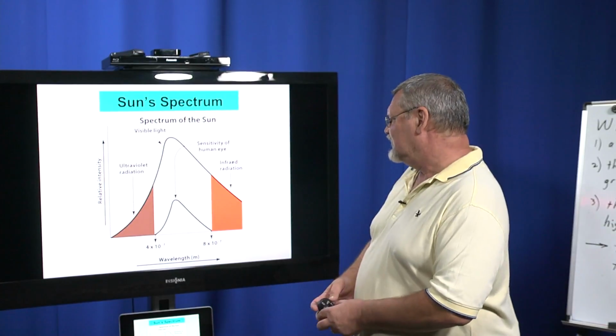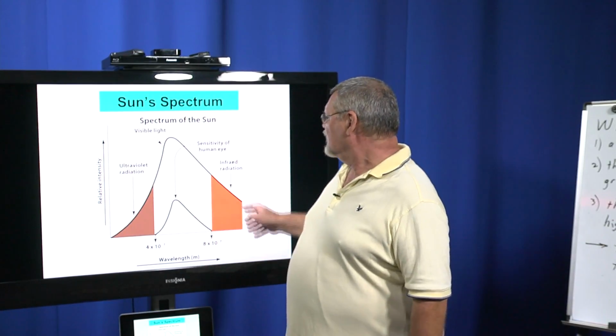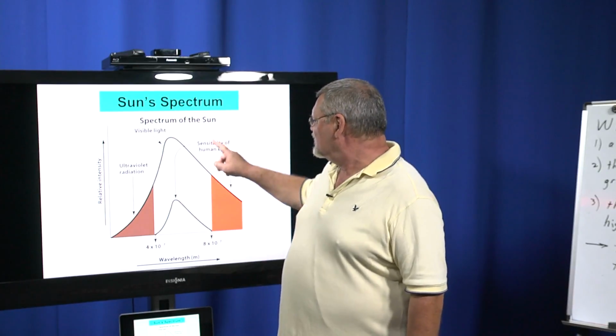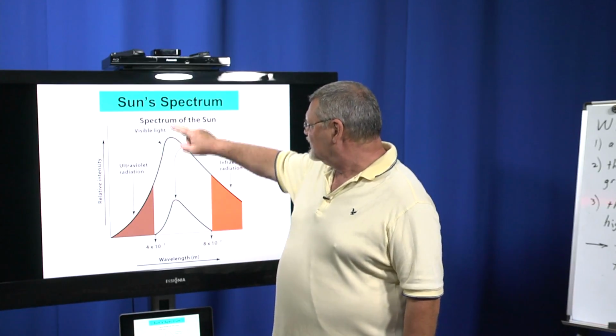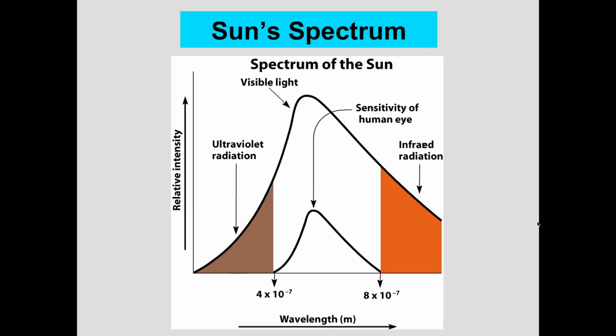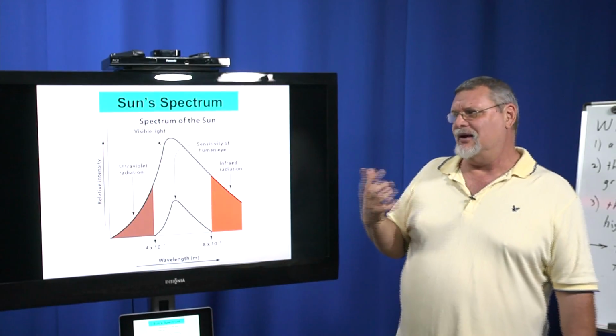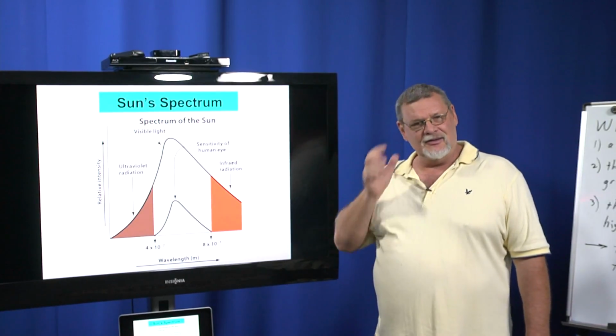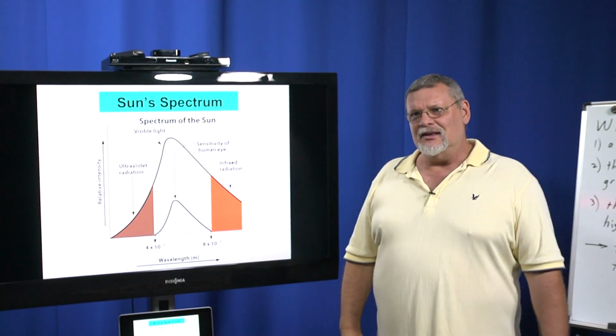The sun spectrum, this is the same drawing, but for our sun. It seems to peak in roughly green, and the sensitivity of the human eye peaks at the same place. Is that a coincidence? I don't know. It doesn't surprise me that life would develop an organ that would detect light waves at the peak frequency of the star that we are circling. So if there's life around a red dwarf, maybe they have an organ that can detect objects at that peak frequency. In other words, they would have an eye that could see infrared. And if there's a planet around a star that emits mostly in the ultraviolet, then they probably have eyes that can see in the